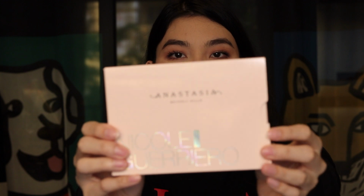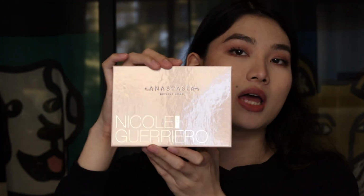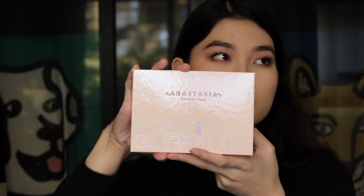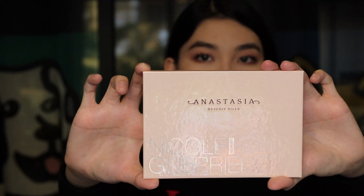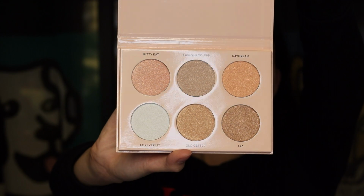I love the packaging. Oh my god, let's unbox it. And this is the box. It fits the package perfectly. Let me take it out. Oh, I'm not sure if it's the same packaging as the first one. I don't remember. But this one is the pale pink. It has some glitter all around the packaging. It looks so cute. This is the actual package. Oh my god. Looks so beautiful. And I love the names that they have: Kitty Cat, Forever Young, Daydream, 143, Glow Getter,